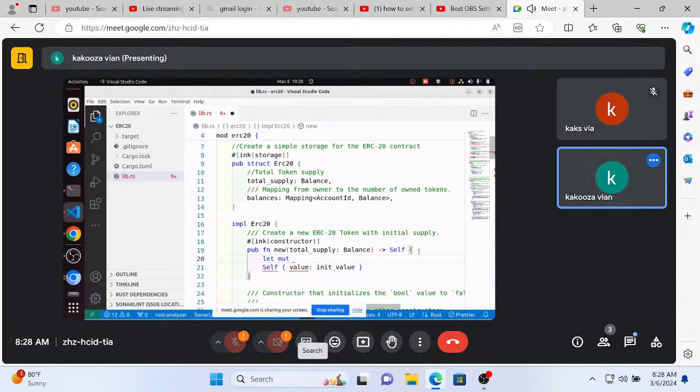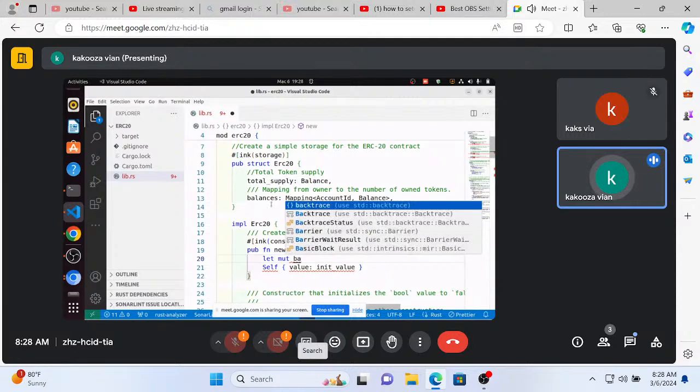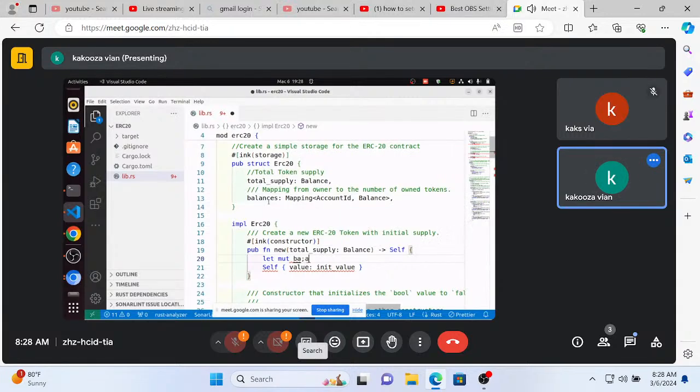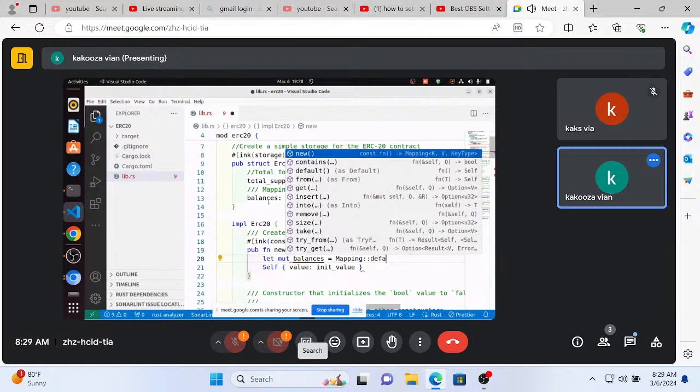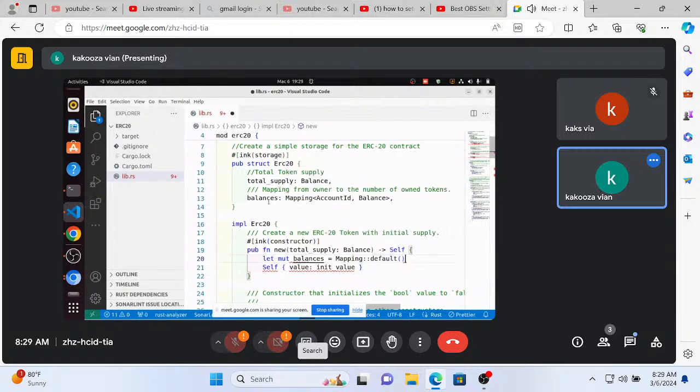Balances. So these are the balances here. They are assigned to a default mapping. Okay, and